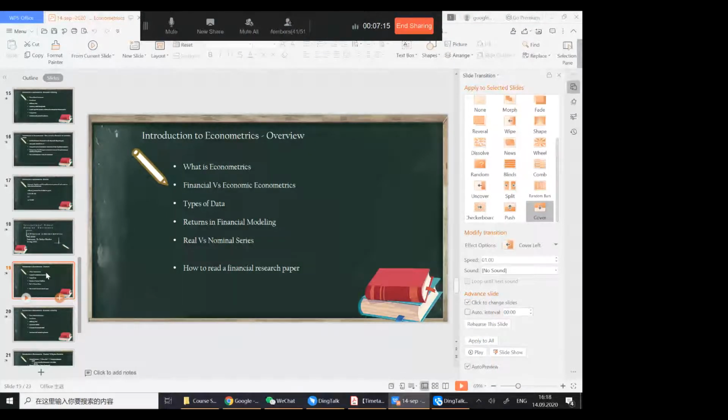Cross-sectional data, on the other side, is at one point of time, but among different entities with different variables. For example, at the same time in 2020, we want to figure out the impact of COVID-19 on more than one country: its impact on the Chinese economy, on the US economy, on England's economy, on India's economy. So we can study different economies, but at the same point in time.